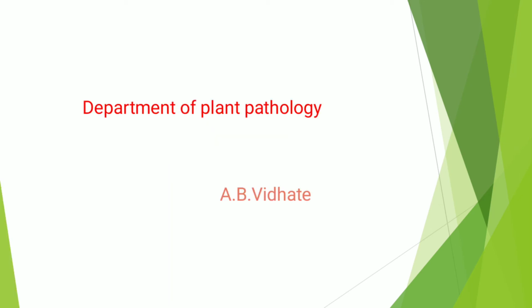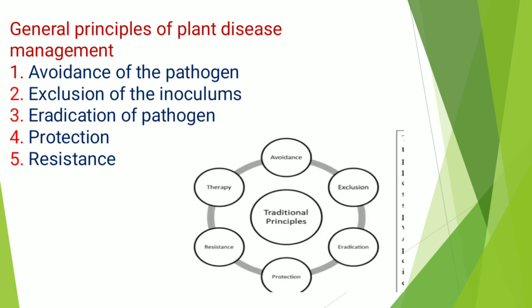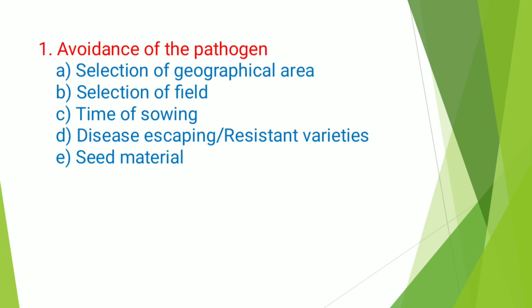Today we discuss integrated disease management, general principles of plant disease management. There are five principles of disease management: avoidance of the pathogen, exclusion of the inoculum, eradication of the pathogen, protection, and last one, resistance. The first one is avoidance of the pathogen. In that, the selection of the geographical area, selection of field, time of sowing, disease escaping, resistant varieties, and seed